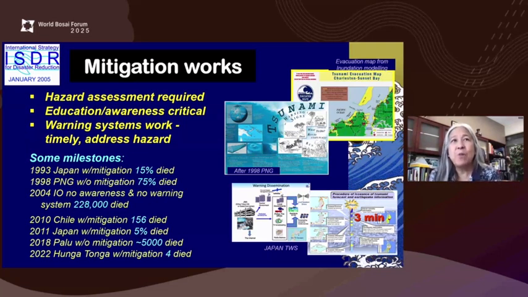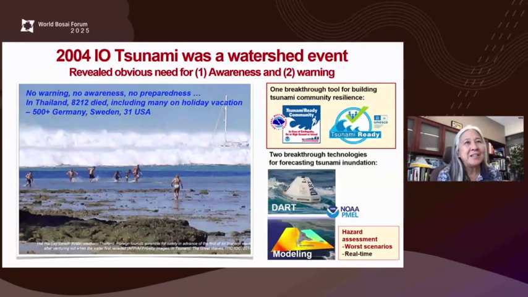So we know mitigation works, and we've known this for many decades. The challenge is how to make sure it's implemented. Next slide. So 2004 was that watershed event. It called us to recognize that we did need awareness on a global scale, and we did need a warning system on a global scale, not only in the Pacific. It led to things that